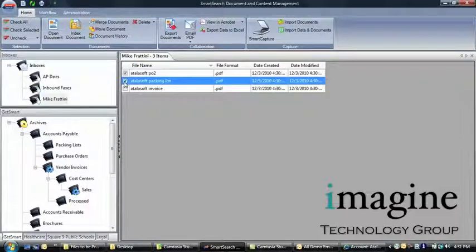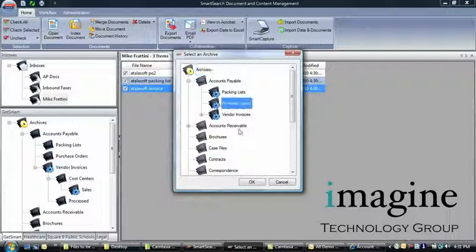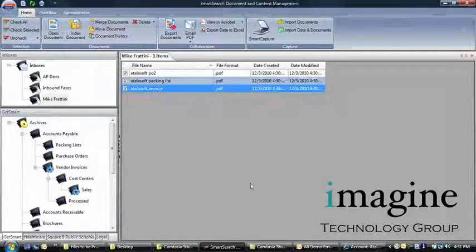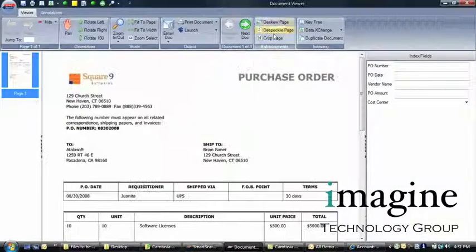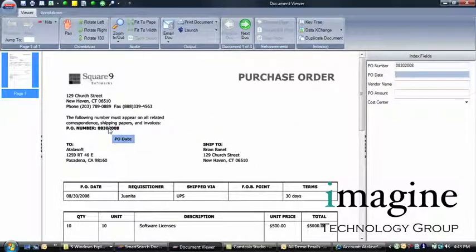This allows users to simply click on any piece of data within the body of the document to index them away. In this case here, I'll start with the purchase order, and when activating my key-free indexing, I'll be guided by SmartSearch on how to fill out the fields. The flag next to my mouse tells me to start by clicking on the PO number, then takes me to the date, vendor name, amount, and for any information that's not on the body of the document, SmartSearch can provide